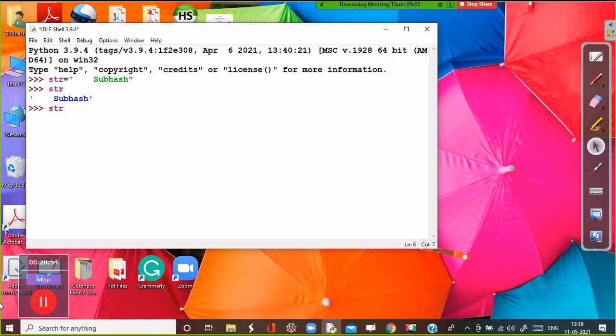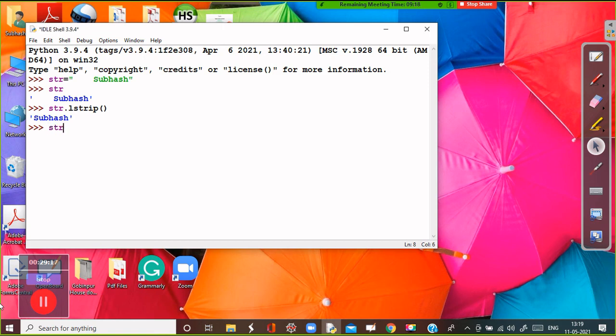But if you want to remove the spaces, then write lstrip, lstrip not rstrip. Then you can see that the left blank spaces are removed.